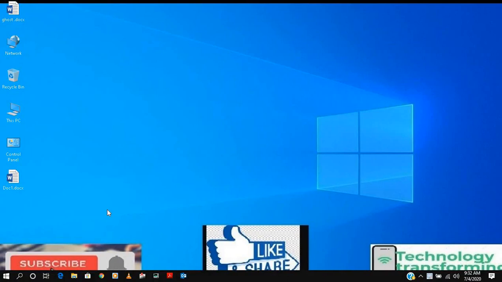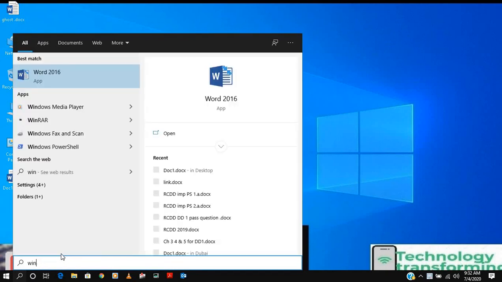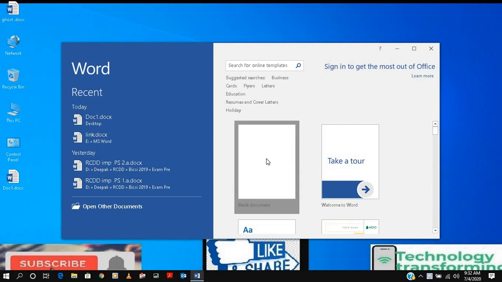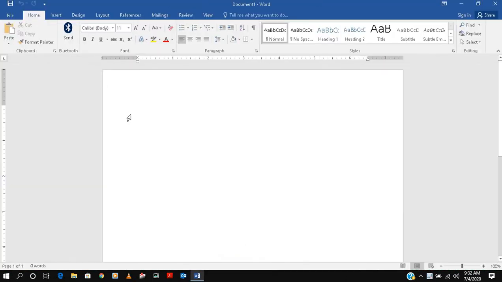Today's session we are carrying on from the last session, what we did in our last Microsoft Word session. So today we are going a little ahead with its tabs. So let's start today's session. We'll open Word. In our last sessions, we did File and Home, how we save, how we edit text, how we format text.